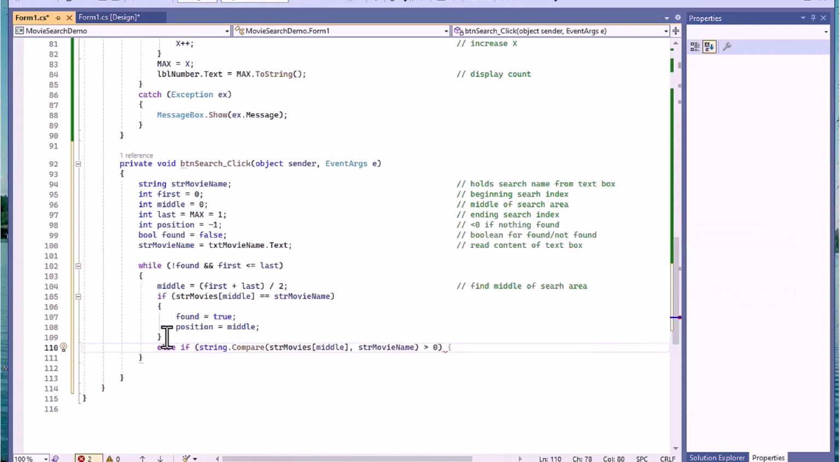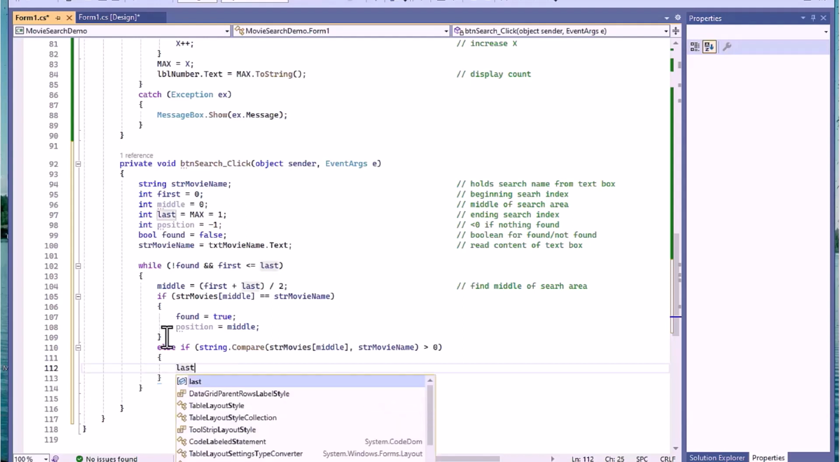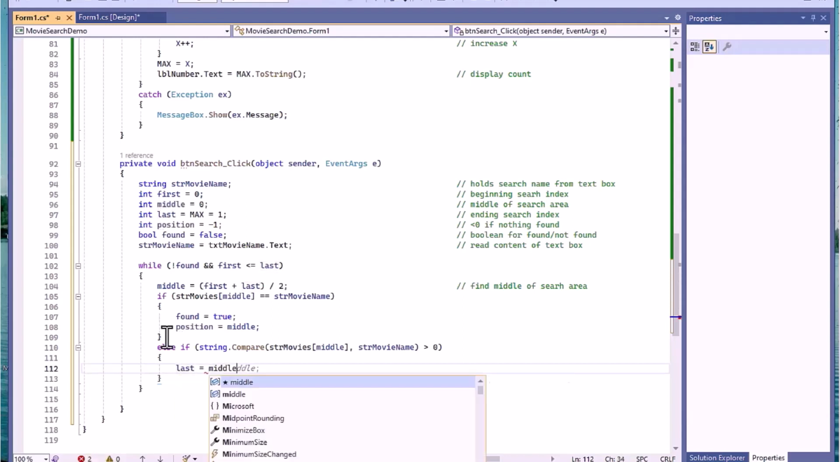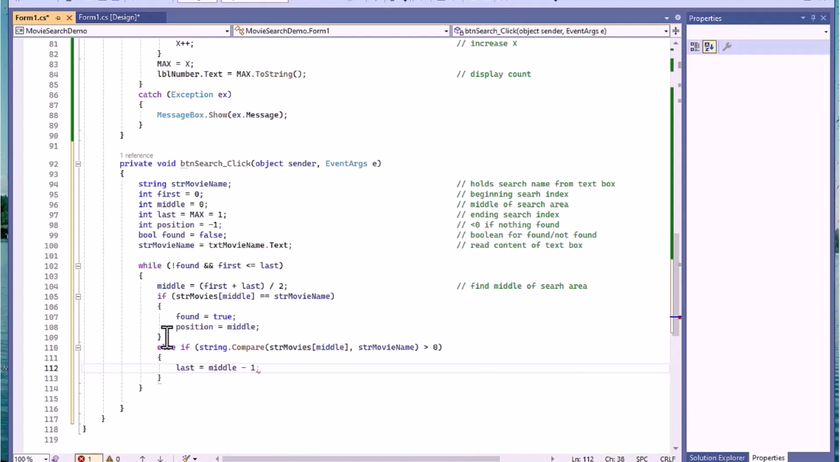We're going to set up on the brace. So basically, we're saying if the movie name in the middle is greater than the movie name we're looking for, then we want to say last is equal to middle minus 1. That establishes a new last. I should probably say that. If middle is greater than movie name,